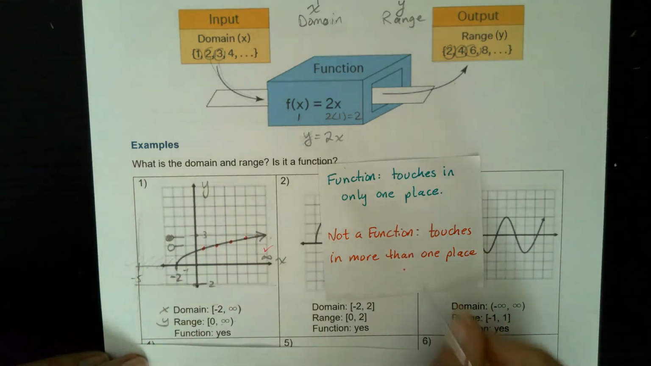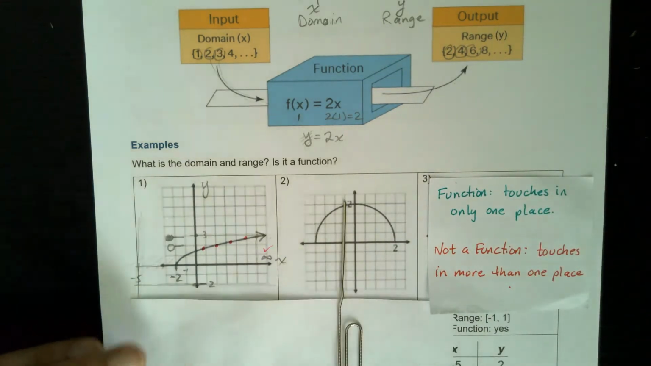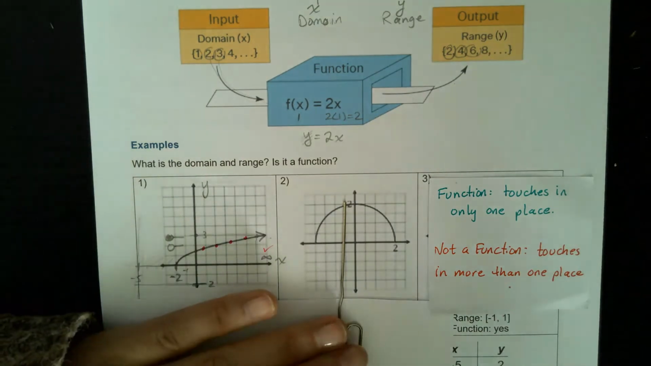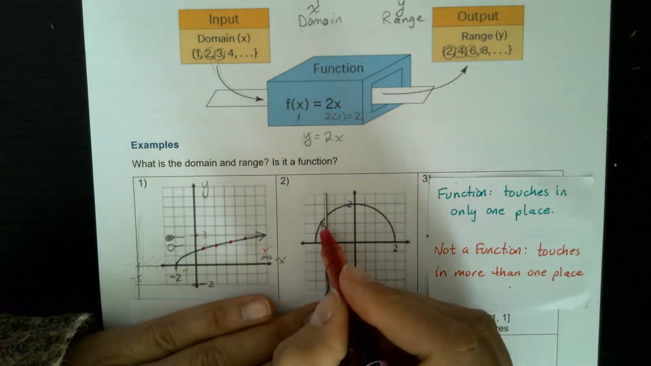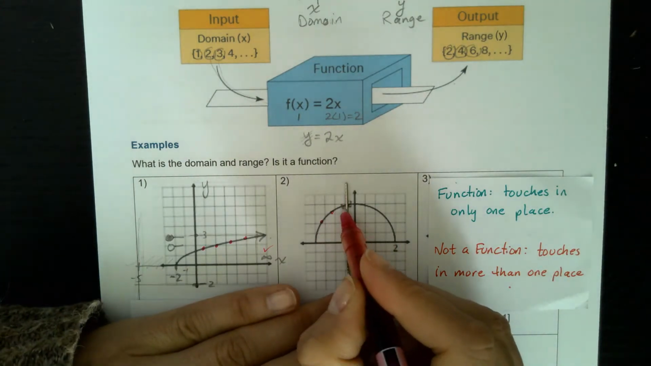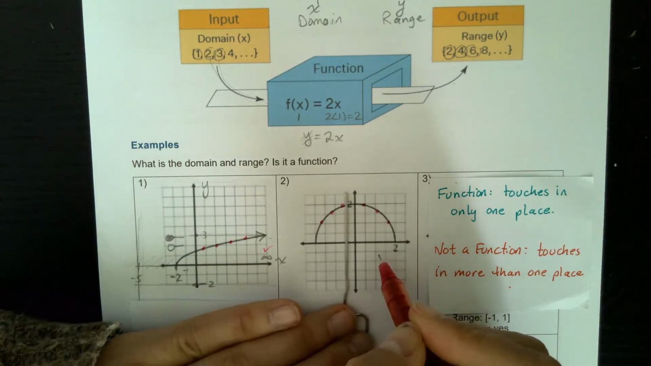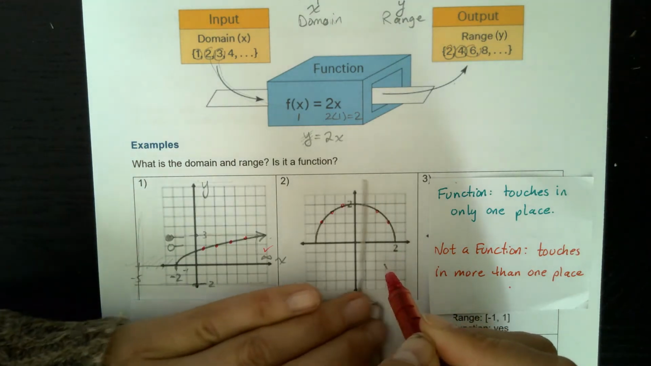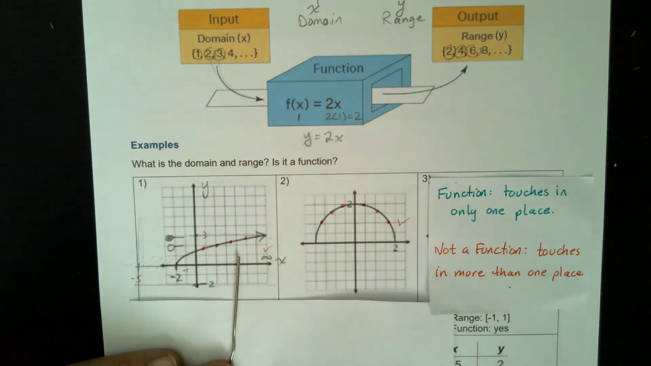Okay, so let's look at the next one, half of a circle. So let's say, is it a function? It touches only in one place. Yeah, it's a function, because when I move my vertical line, I can see that it only touches in one place on this half a circle. So yes, it's a function. Now I have to say,